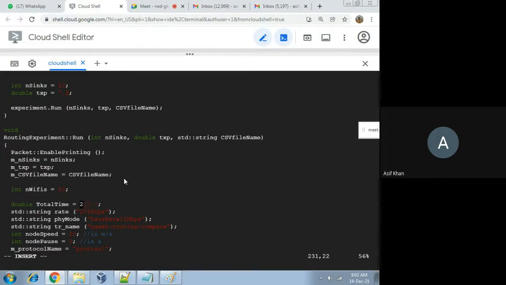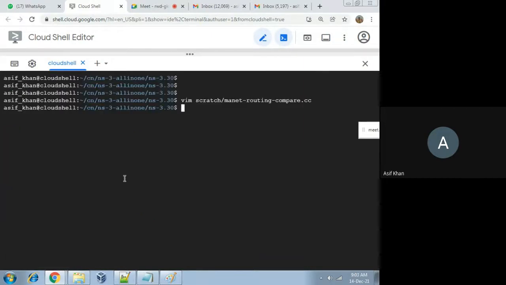I've taken 150. Okay, save it. Shift colon, then I'll run this: ./waf --run scratch/manet-routing-compare.cc. Okay, enter.